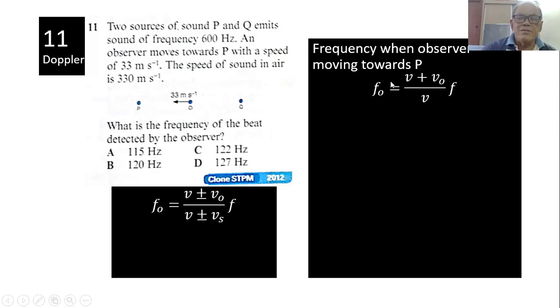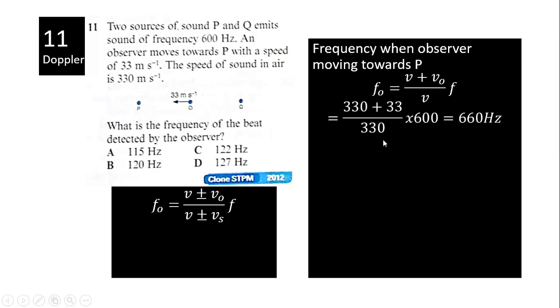Okay, so that is the frequency observed by P, and then you choose a positive and put in your value. That's the speed of sound. That's the speed of the observer. And then there's the frequency of the sound, so it's 660. Whereas for O,